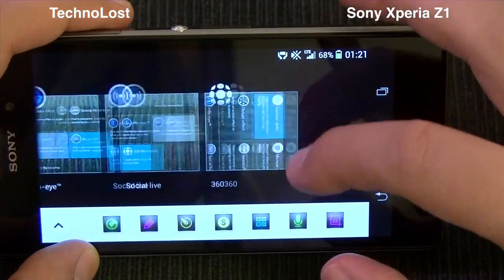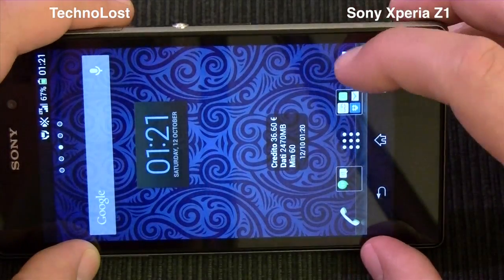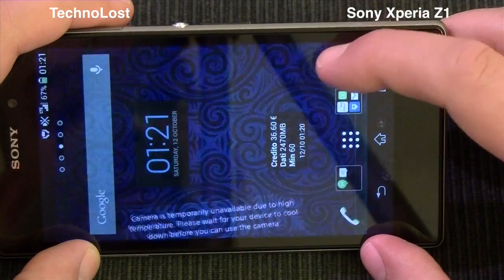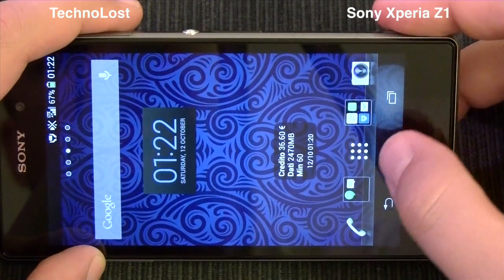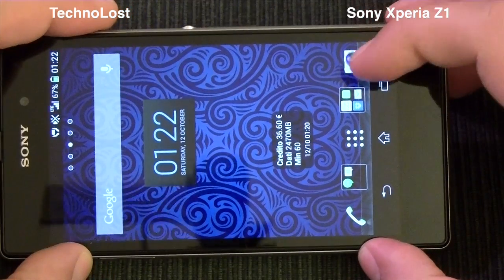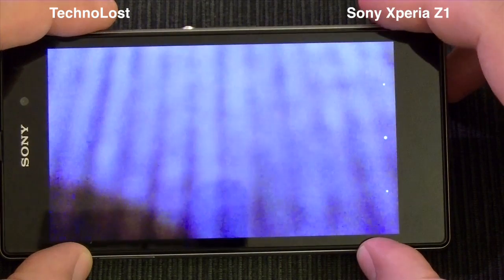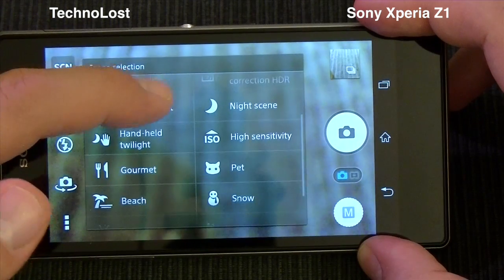We've been using the camera way too much, so it's getting maybe too hot. This is a problem I had in situations like this, when you stand still for quite a long time with the camera interface. So let's see if we can get back to the camera. Okay, so we had, as I told you, the